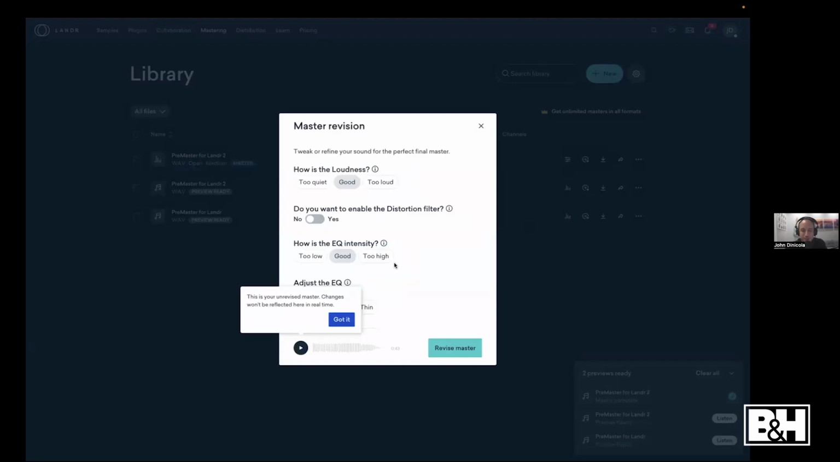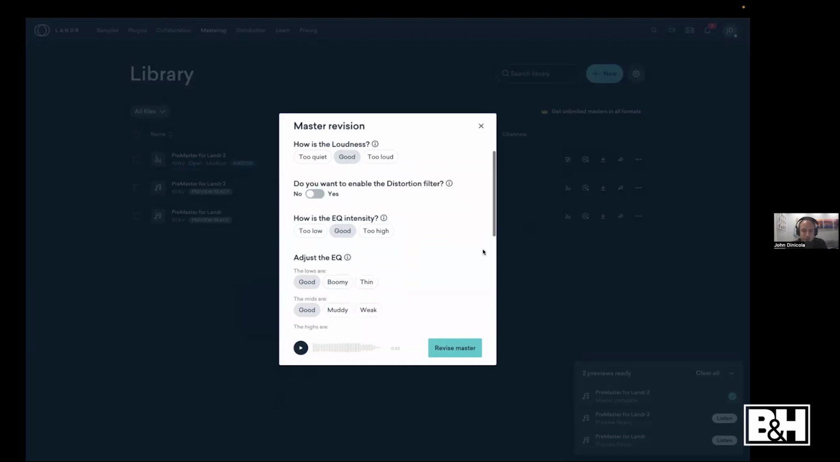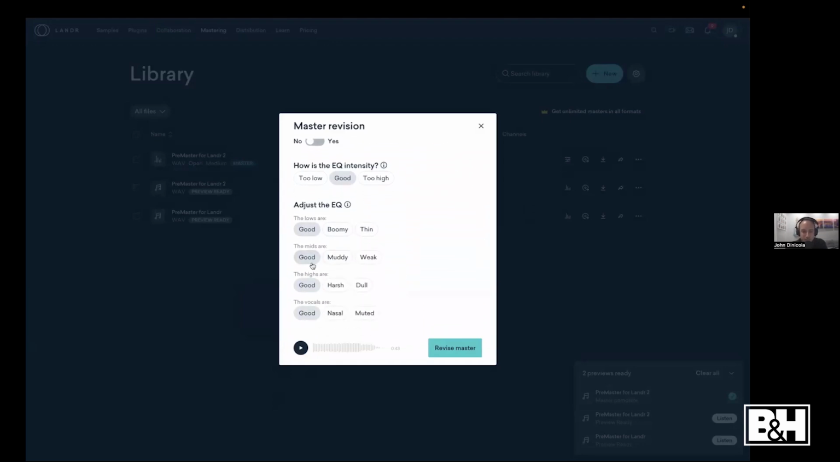And you can basically give it feedback. So I could say revise master and say like, yeah, the loudness was pretty good. We didn't have any distortion, but maybe I thought the mids were a little bit muddy, or the lows were. You can actually give it some guidelines and then revise. So let's play it. Yeah, I think that's actually just to listen and reference. So if I listen and reference here,